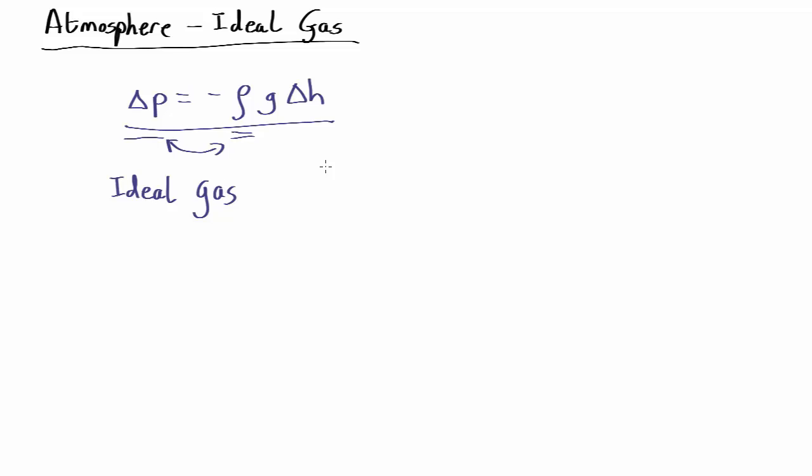Now, in an ideal gas situation, the pressure is proportional to the density times the temperature. So if you want a high pressure, you either have to have more gas or have the individual molecules going faster by increasing the temperature. Okay, so that's our first bit.